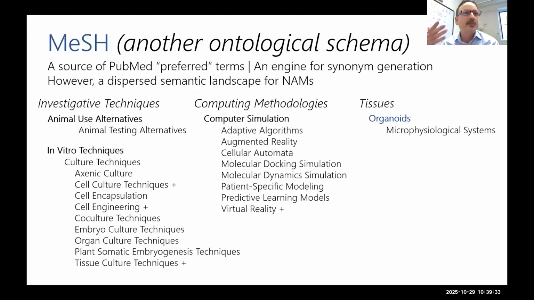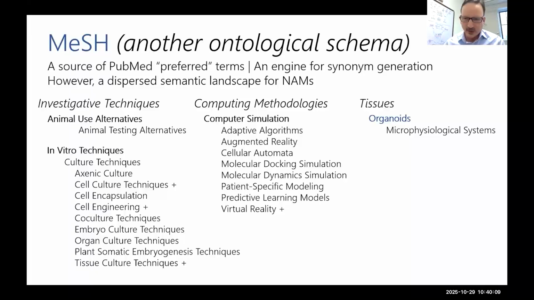So you have to be creative, and I think using that NAMO schema or some other schema that represents what NAMs are and what they include can be really helpful, because the MeSH database is searchable. So you can search for organoids and find where it lives. You can search for organ culture or tissue culture or cell lines, and you can see where those various elements live within MeSH, and then leverage that to use preferred terminology that's going to find papers that are relevant to